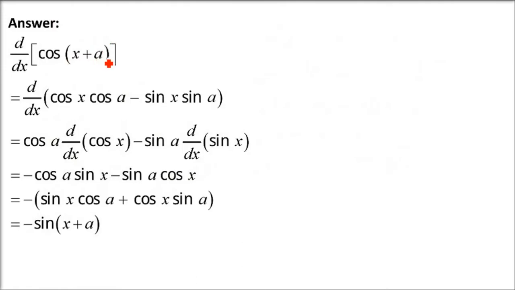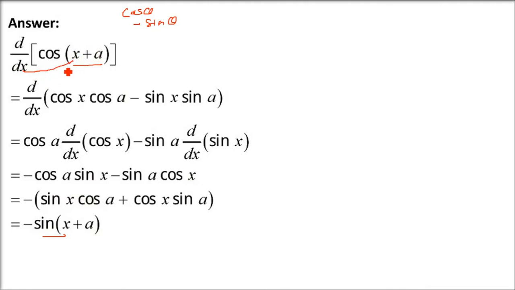Next is question number 17. So what do we see here? Normally we will see, oh, this is cos theta. Let us write it as minus sin theta. And cos theta is minus sin theta. And we will just write it as minus sin x plus a. And to your surprise, the answer is also minus sin x plus a. So are we going to do it like this? No, the answer is no. Because we have to do it by the proper method.